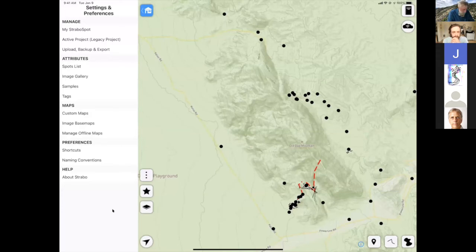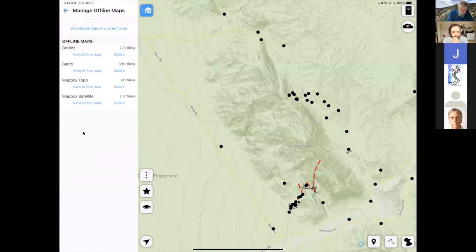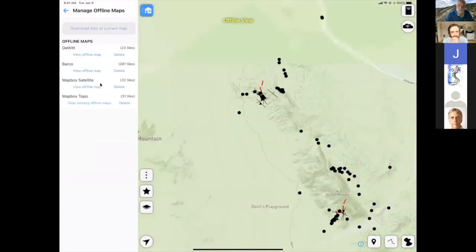And now if I go to manage offline maps on this side, you can see I have 31 tiles for Mapbox topo. I can view the offline map, and I see that here. Then I can stop viewing offline map. And let me go ahead and